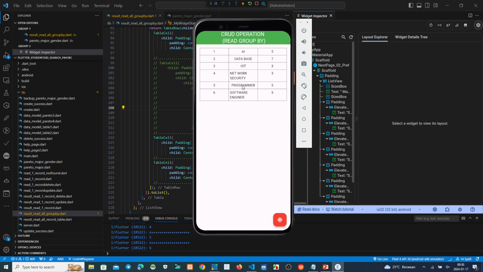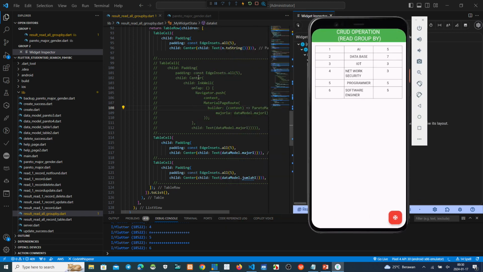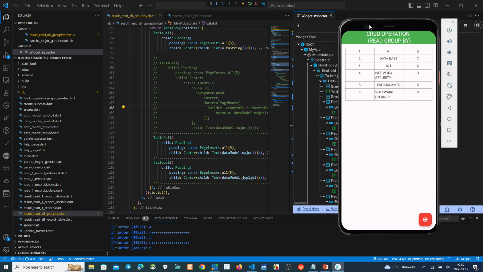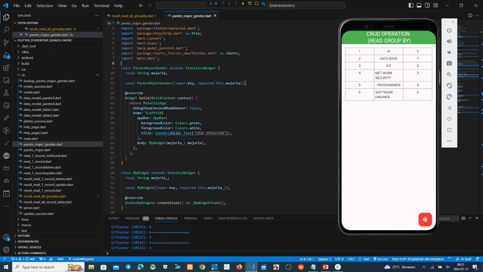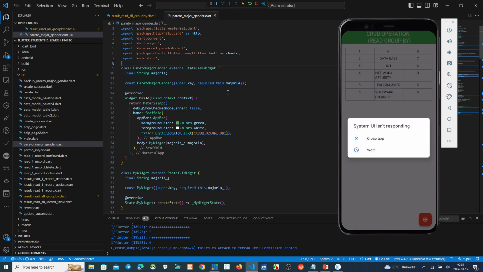If we put here, there is no change, because we have made a remark on this script that sends the parameter to the next page. Okay, now this Pareto measures gender.